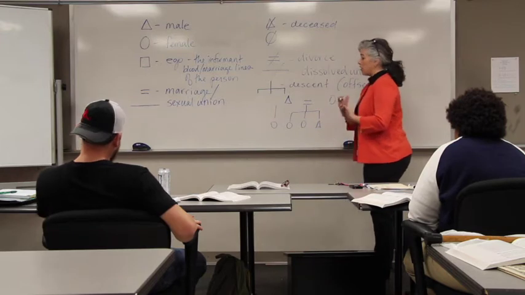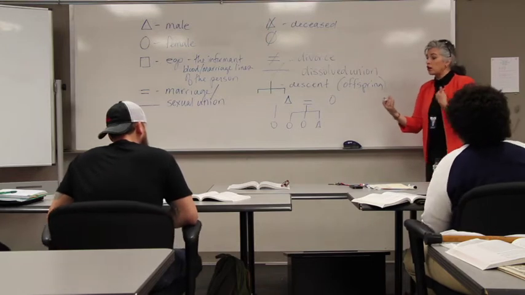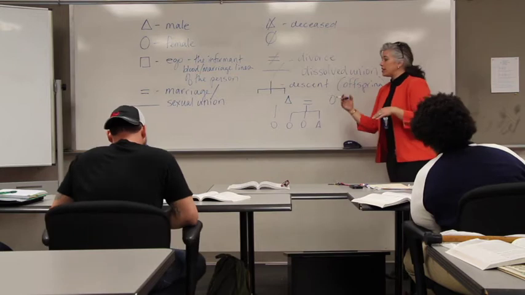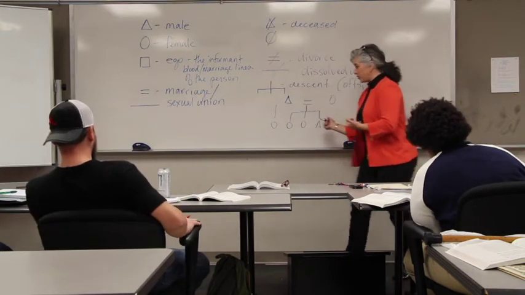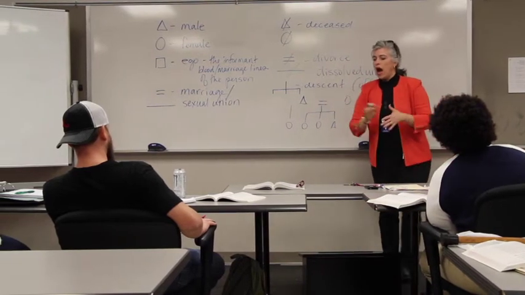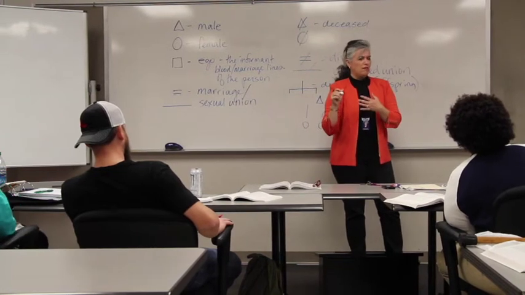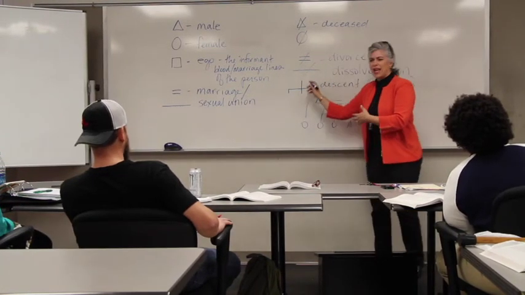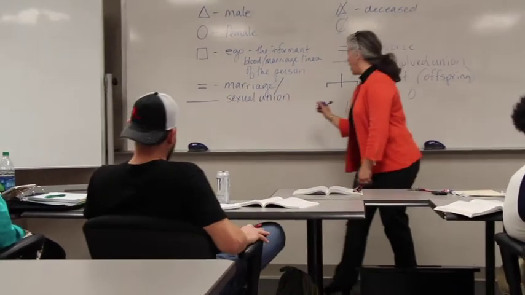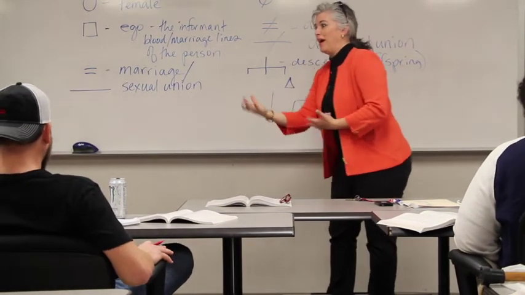Marriage, sexual unions. A lot of us will probably have multiple instances of marriages in our own family trees or family diagrams, and also sexual unions, right? So the sexual union can be identified with or without children, and when you have children, you draw it this way. And yes, you can even draw, I've never tried it before, but you can even draw the Duggar family's family tree with just one union. How many kids do they have now? 20? Is it 21? Something like that. So you would just draw that down there with like 21 little roots coming off of it.